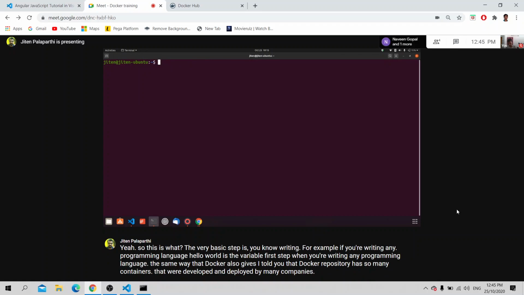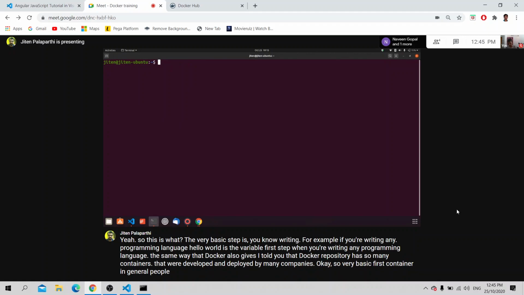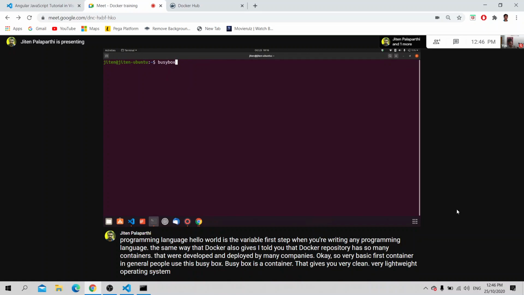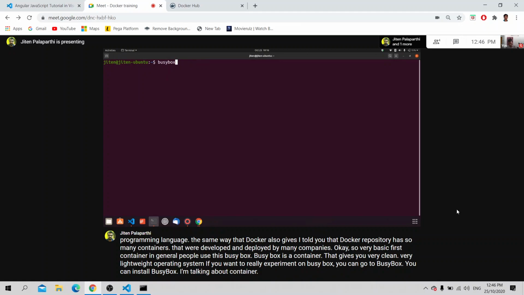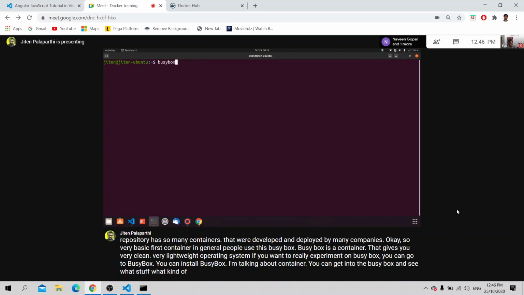So for the very basic first container, in general people use BusyBox. BusyBox is a container that gives you a very clean, very lightweight operating system. If you want to really experiment, you can install BusyBox and get into the container and see what kind of stuff it has.